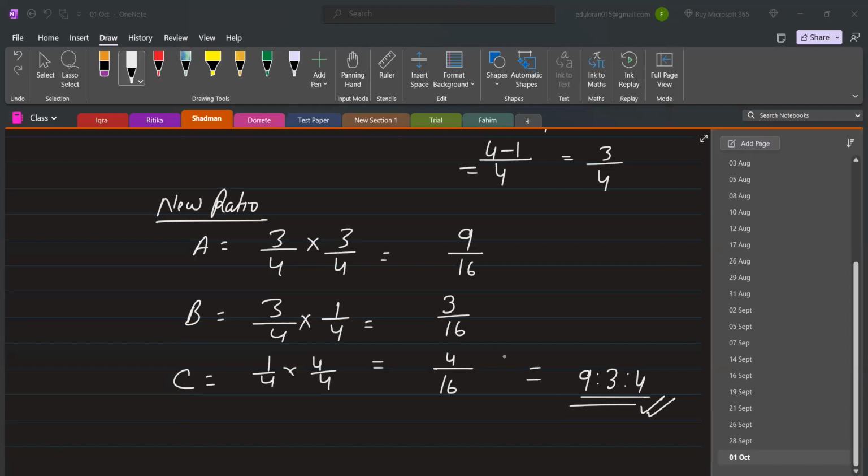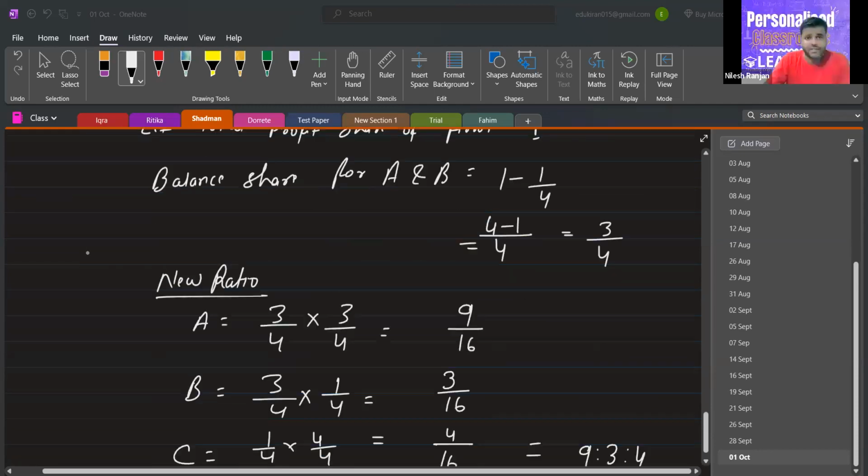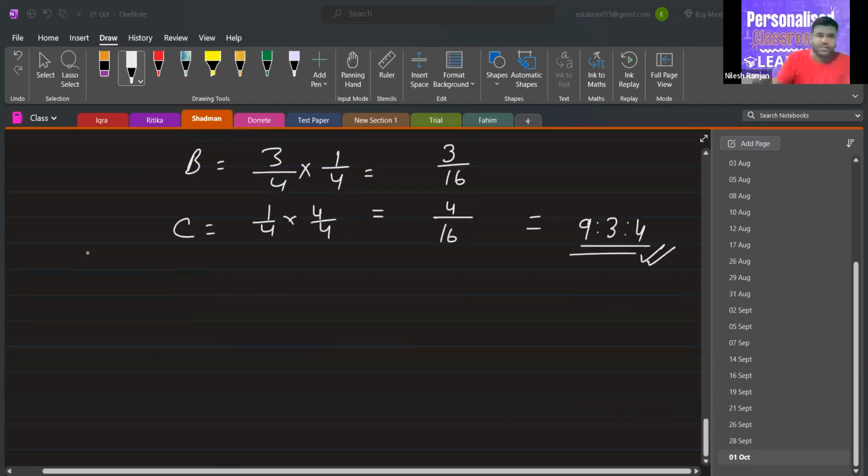The ratio is 9:3:4. Actually, when I'm calculating the ratio, there was 9/16 for A. For B, it was 4/16. So when I total the numerator, it becomes 17, which is not equal to the denominator. So that's why I thought it is a mistake. Okay, sir. So this is our first thing, the new ratio we have calculated. After that,